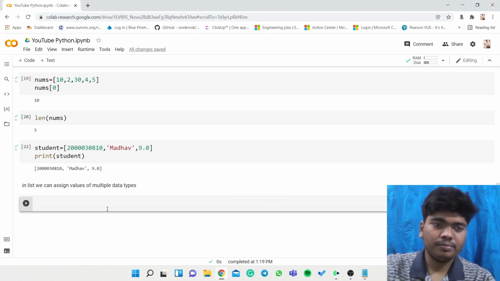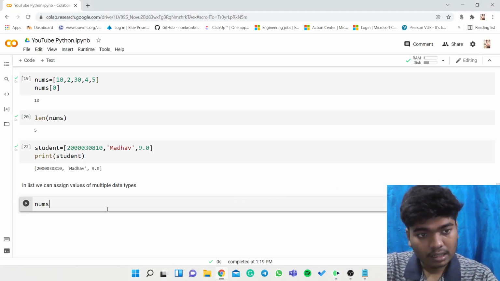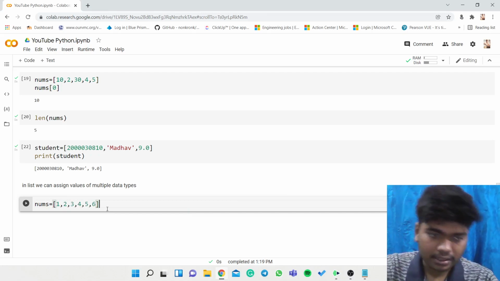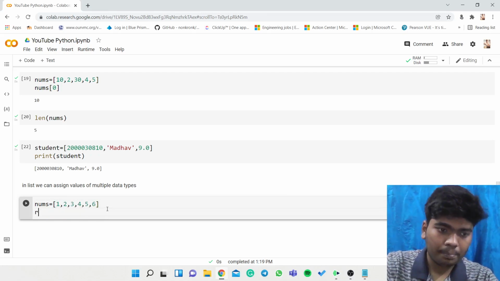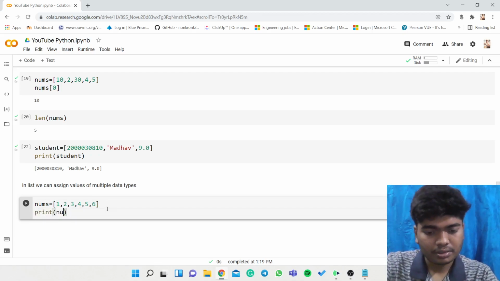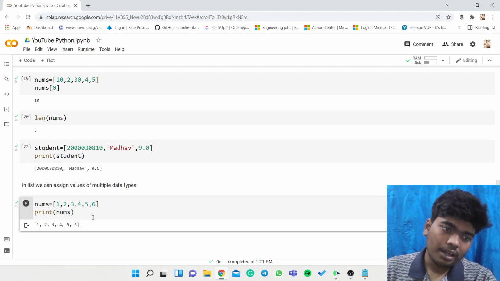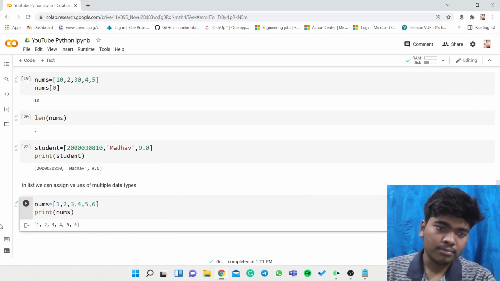So now we will use this nums. nums is equal to 1, 2, 3, 4, 5, 6, and then now print nums. So if you print this nums, and now I will try to do this one by one. So nums dot append.